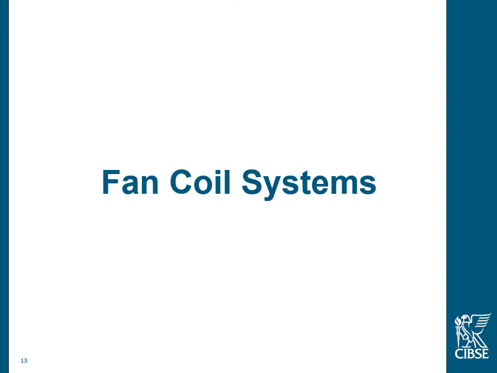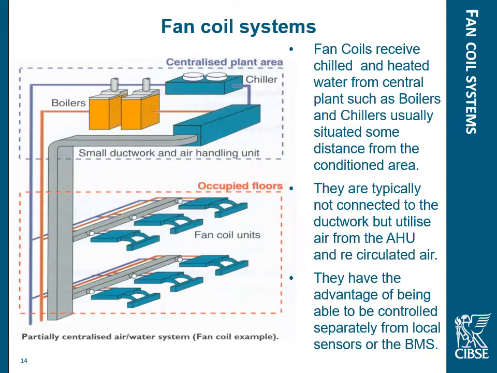Now, lots of older buildings use fan coil systems. Still get them in some new buildings, but not as common as they used to be. With a fan coil system, instead of the hot and cold air being delivered by the ductwork, it's now being delivered by pipe work, water pipe work, arriving at the fan coil terminal units. So we still get fresh air coming into the zone by the air handling unit and smaller ductwork. And because it's smaller ductwork and a smaller air handling unit, it tends to be a more efficient system, because we're not using so much energy to push the air along the